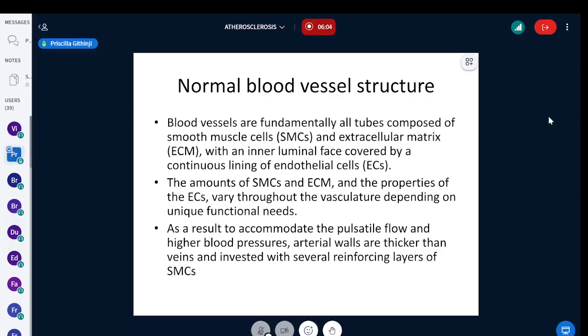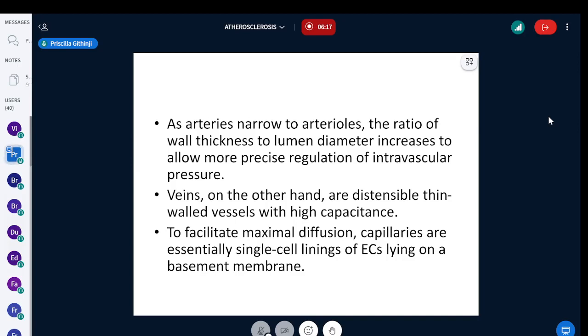Within these arteries themselves, you'll have different architectures depending on the functional needs of the various arteries. As arteries narrow to arterioles, the ratio of wall thickness to lumen diameter increases